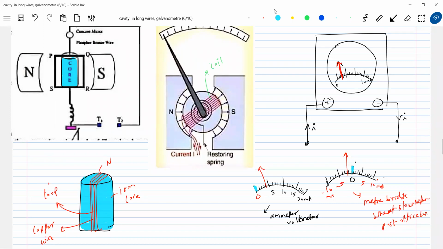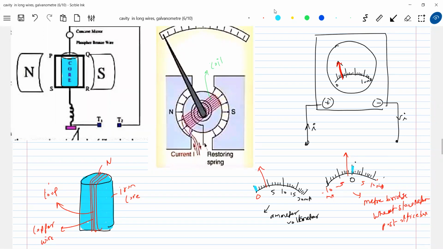Around 200, 500 turns will be wound. A thin copper wire is taken. Practically, an iron-copper short circuit will happen, so first the iron cylinder, on that an insulating coating, then I'm going to wound the wire. When you play kite, how you wound thread on that wheel, the charka, or you take some cotton thread and wound it on your finger, we are going to do it in a similar way here. So why the number of turns? Because the dipole moment will increase by n times.